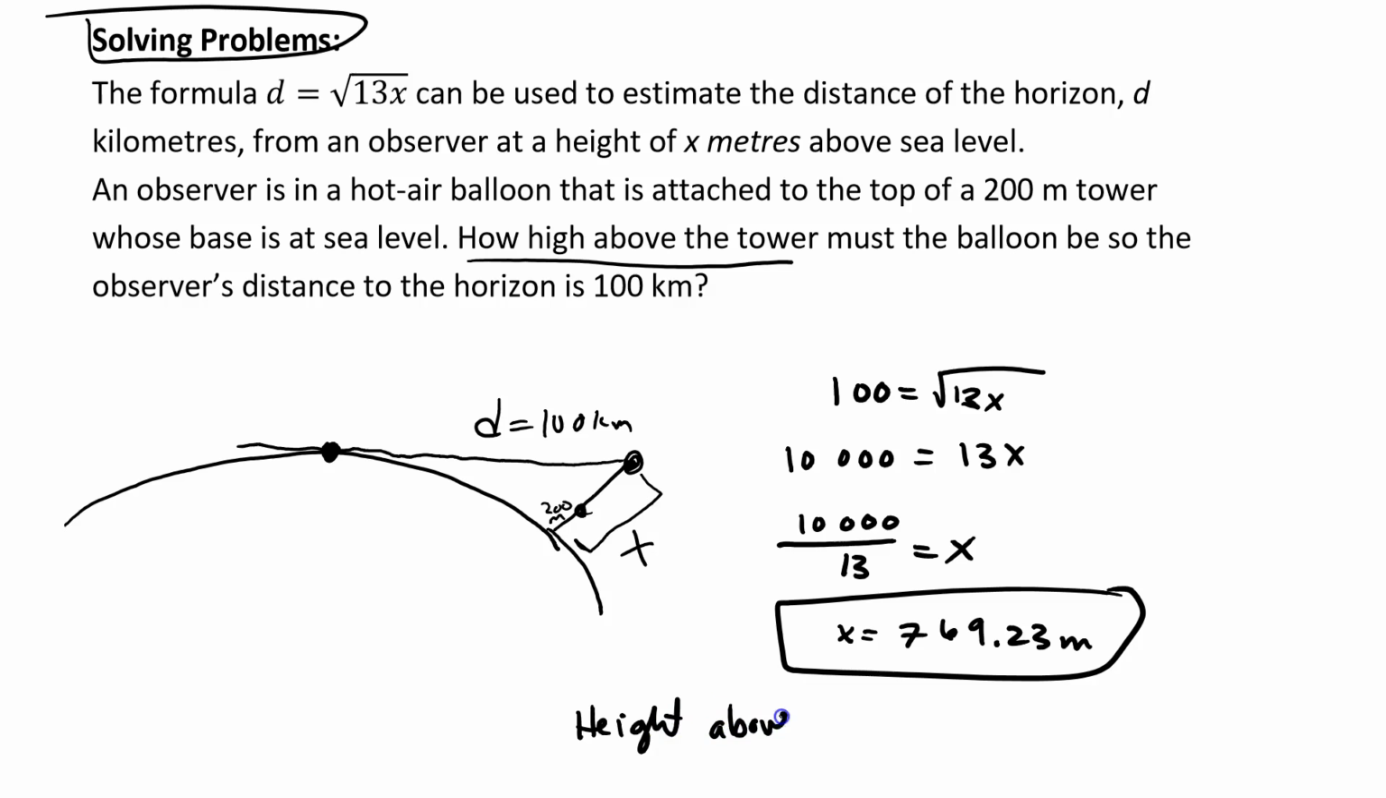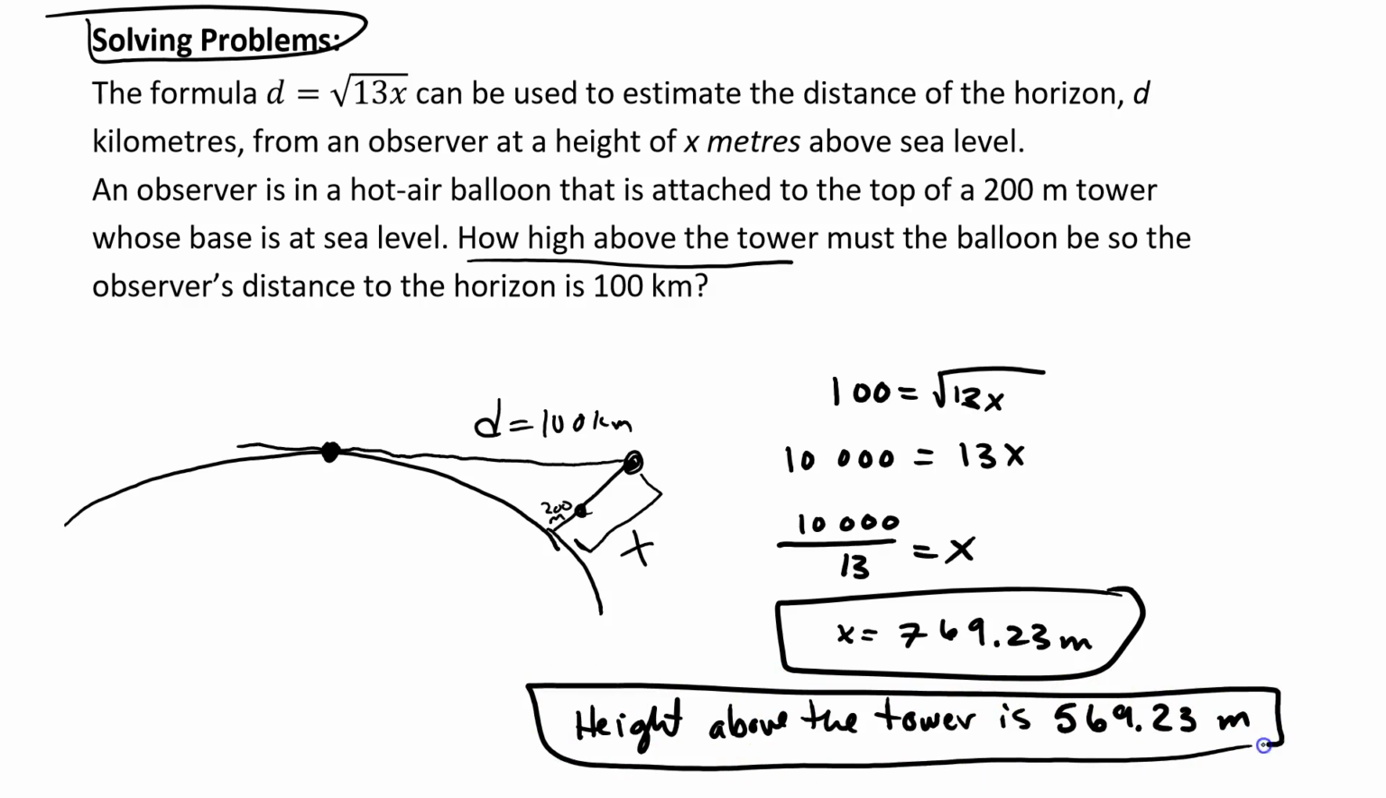So the height above the tower is 769.23 meters minus 200. So that is 569.23 meters. Height above the tower is 569.23 meters. This question would be very difficult if I couldn't